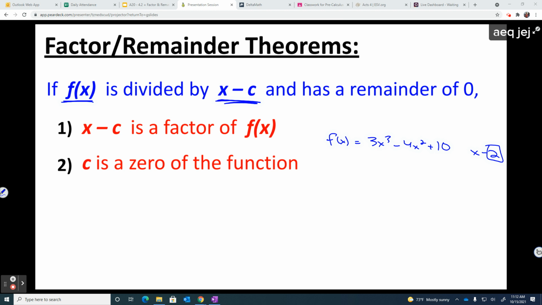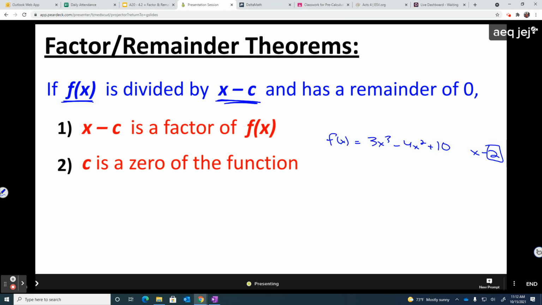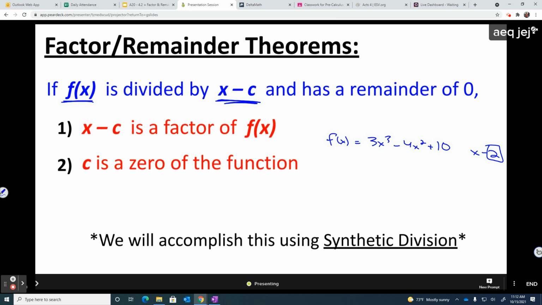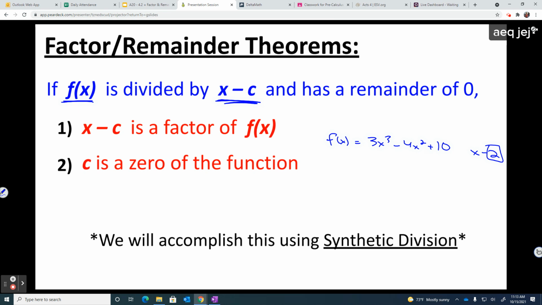And the way that we're going to figure this out, we're not going to do long division, we're going to do something called synthetic division. So we're going to accomplish this using synthetic division. Anybody familiar with synthetic